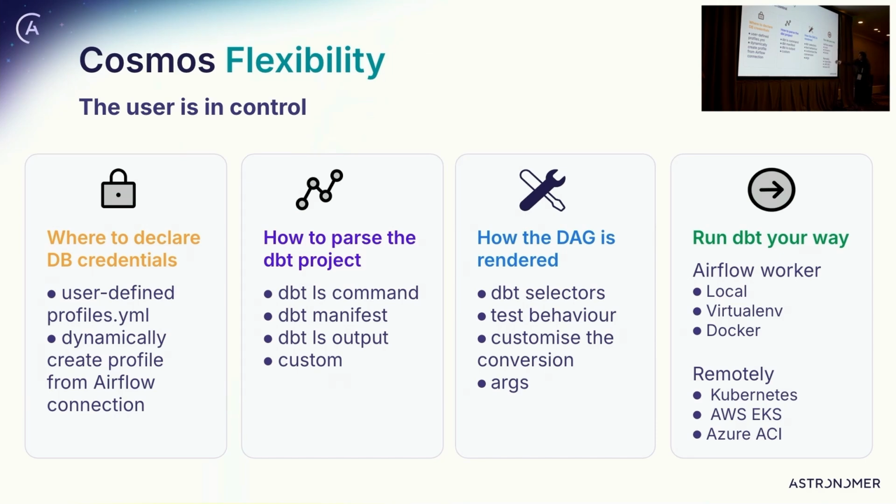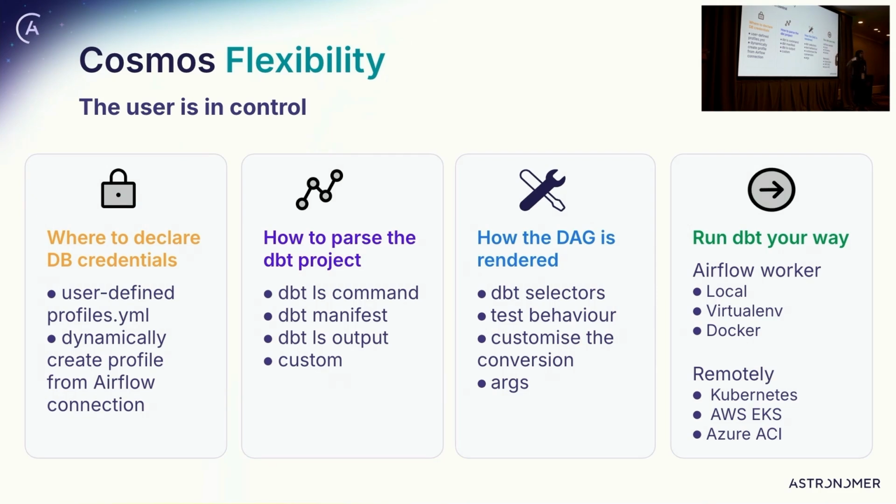And then, last but not least, Cosmos also allows you to run the dbt command in multiple ways. So let's say you have an environment where you have dbt and Airflow installed in the same place, assuming you manage to overcome any conflicts between the dependencies. So Cosmos can run that way using dbt as a library. Another option is you don't have dbt available in the same Python virtual env as the Airflow installation, but you have dbt installed somewhere else in the instances where you have the Airflow worker node. So Cosmos can run the dbt binary.